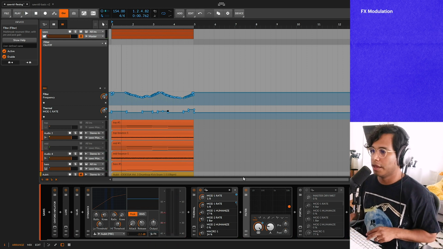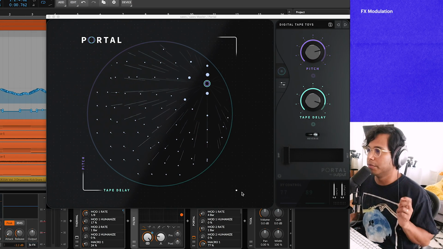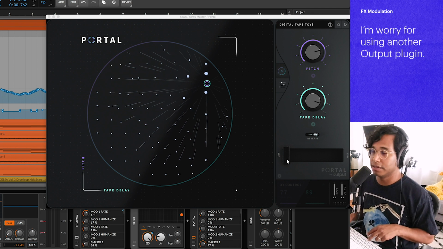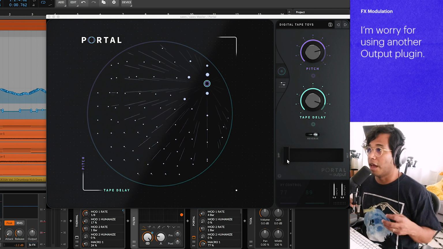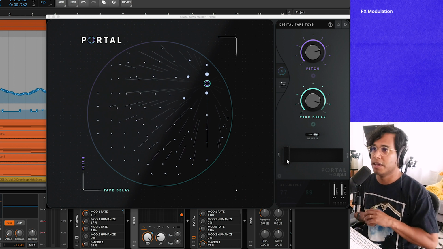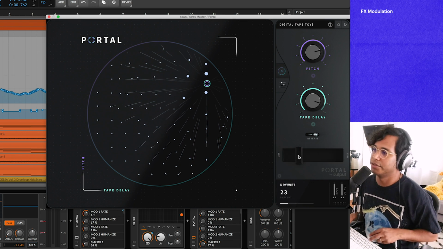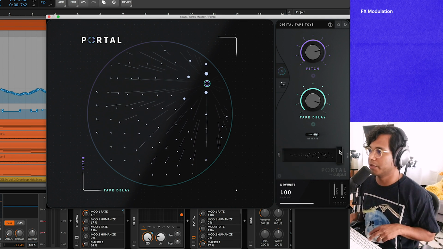Yeah, that's fun. And one other effect I want to modulate in is using another plugin from Output called Portal. And this thing did a lot of crazy cool stuff. At first, it was really hard for me to figure out how to use this. I want to make another video just showing how to best use this plugin because I think it's super powerful, but misunderstood. This is why it's misunderstood, because when you have it on full wet,